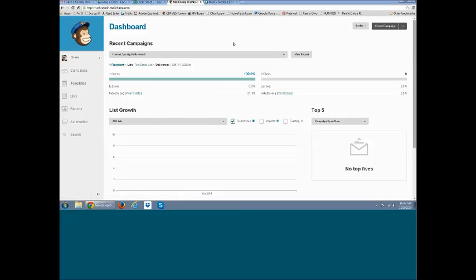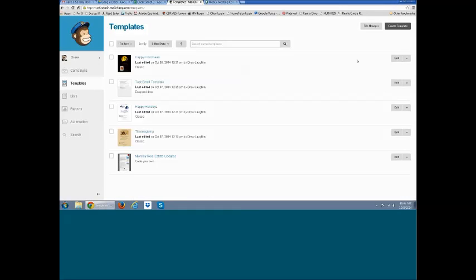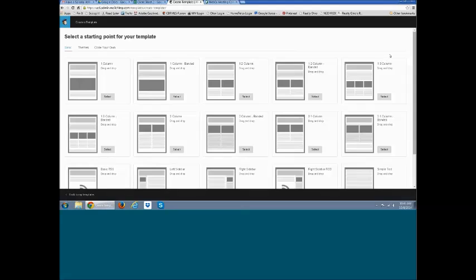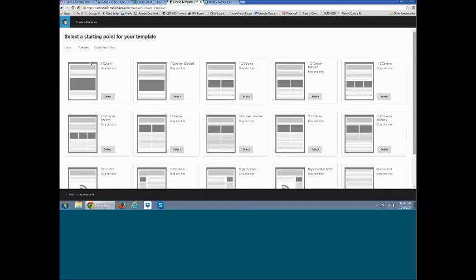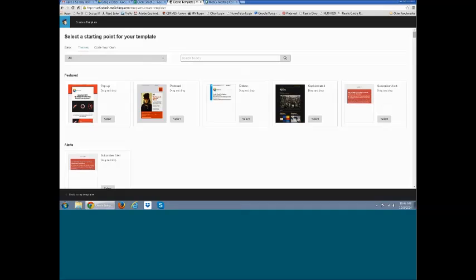We can make it as wide or as skinny as we want. And let me just show you what you're talking about, Amy. So if I'm going in here to templates, I'm going to go create a new template again. You can see that there's all kinds of different setups in here. And you can make these as large or as skinny as you want. You can make them, again, fill as much of the screen as you want or as little as you want. Another thing in here to notice about these templates, there's actually themes in here too. So maybe you want to do,